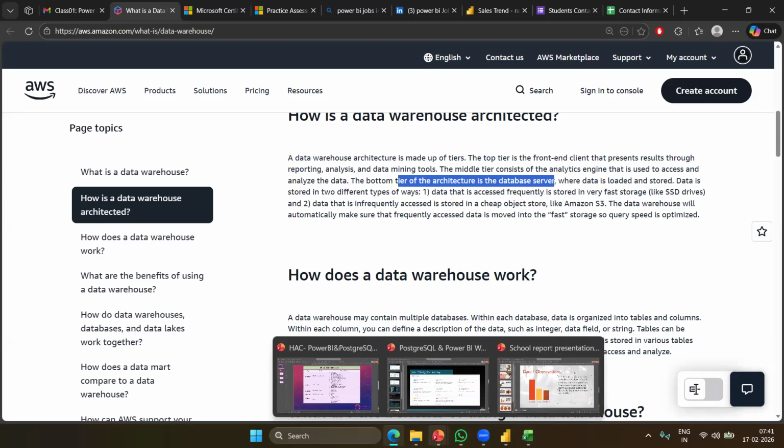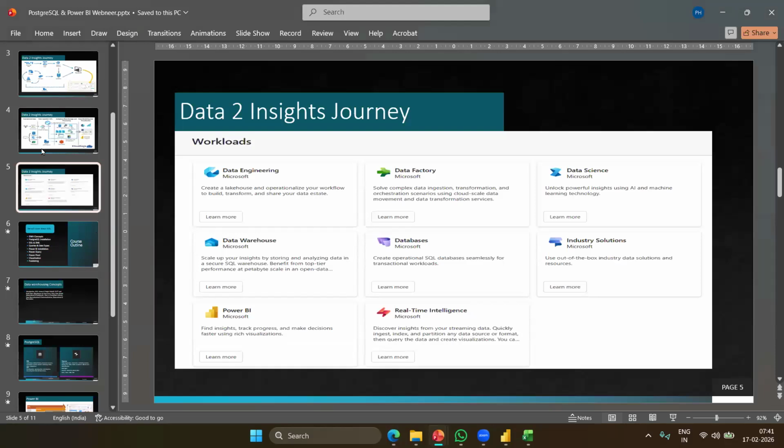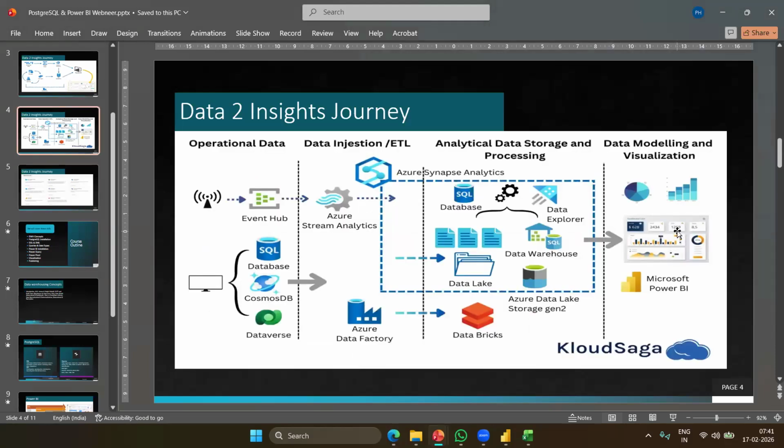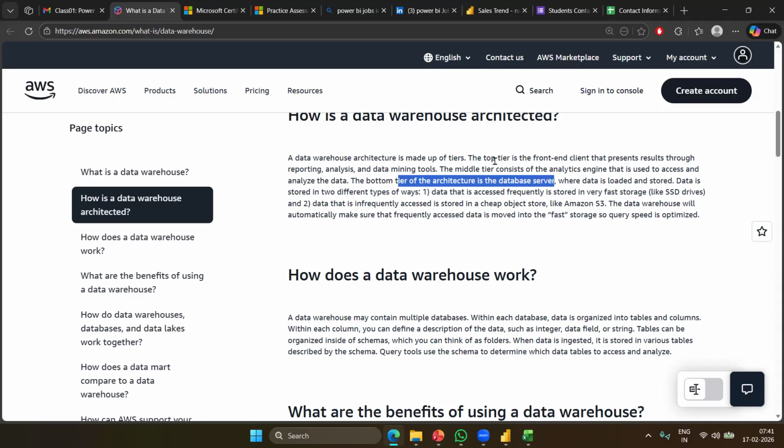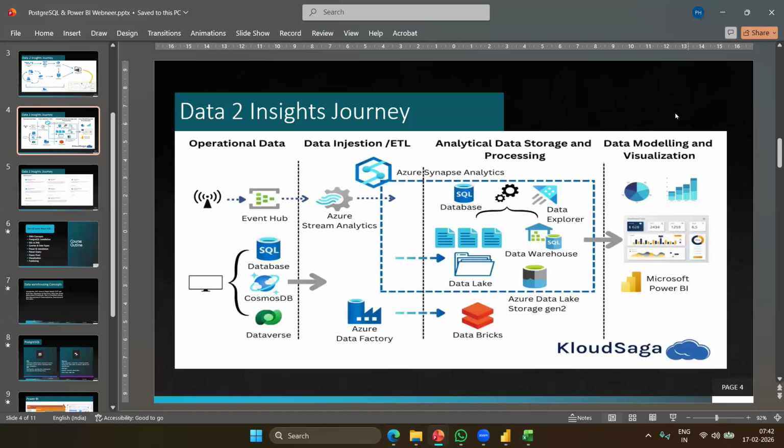All right. If I show you that one here, like three tiers, the top first one, right, the analytical one, see. The top tier is the front-end client that presents results to reporting, analysis, and data mining. This is here. And we are going to be targeting to achieve this knowledge and skill set.